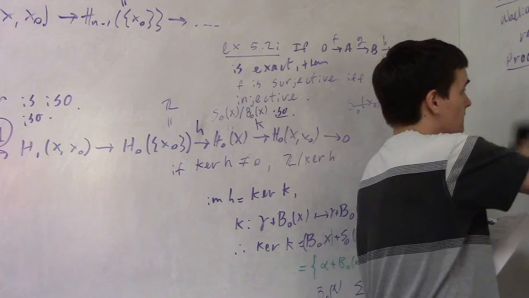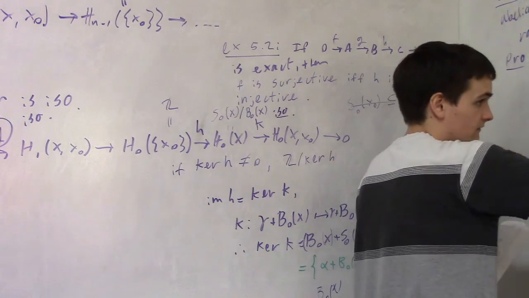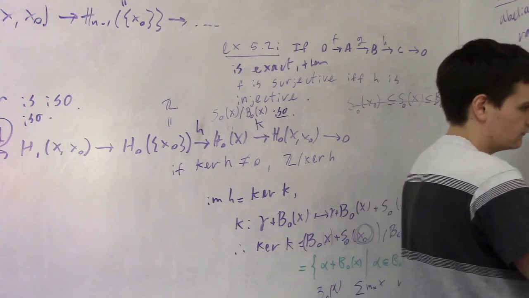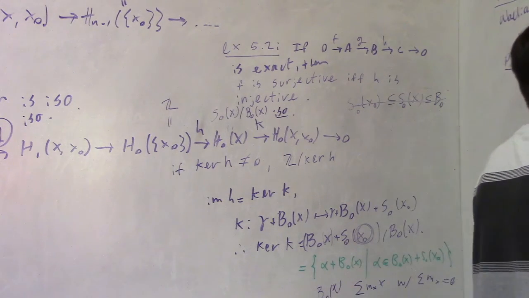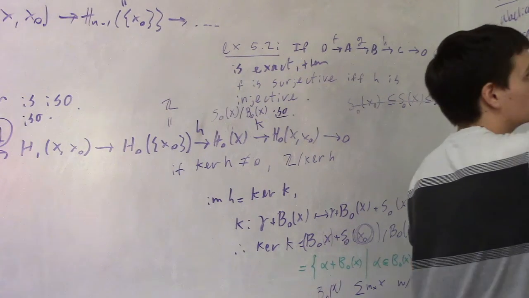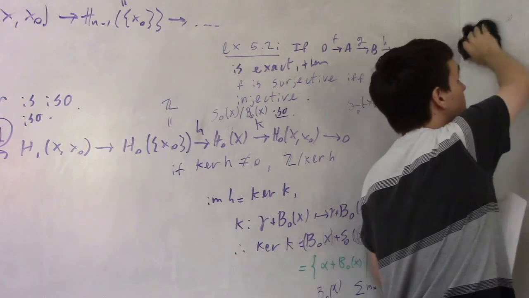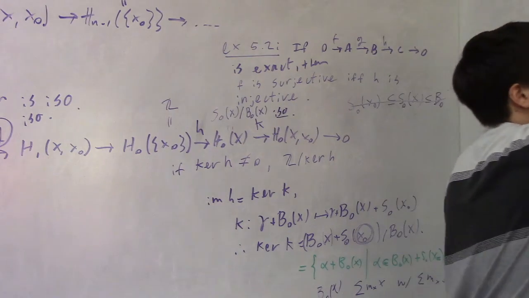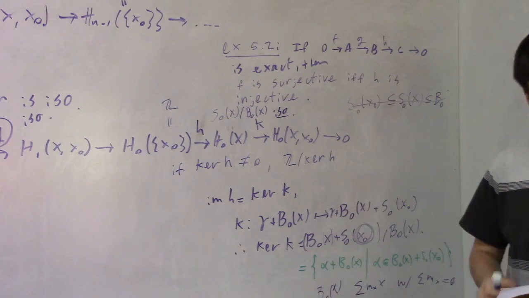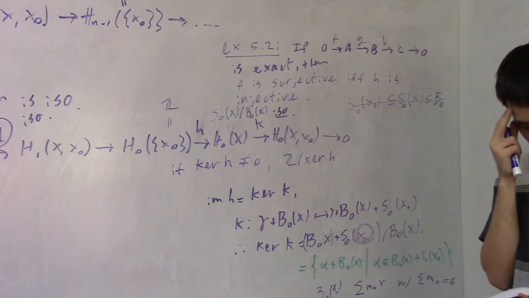Yeah, it's definitely something I don't understand here. I don't know why you'd write alpha in boundary plus S naught of X naught, because if you're working with a boundary coset, then that automatically gets absorbed. Well, I guess that's just to say that. Anyway, you can go on. So they do make the remark